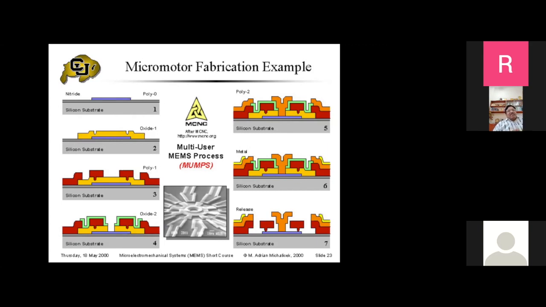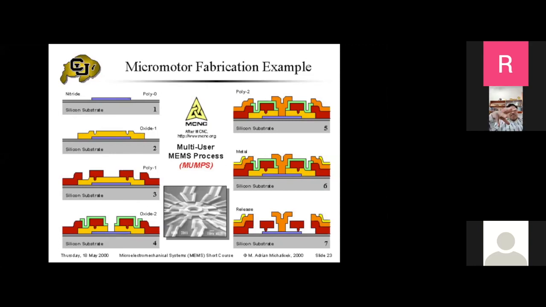In the beginning, I said you cannot assemble a MEMS structure like a wristwatch or some other machine. So this is an example where you can make the entire motor. By the time you come to the last step, you have the motor in place. How it operates, how it moves is another story. That also we will discuss if necessary.